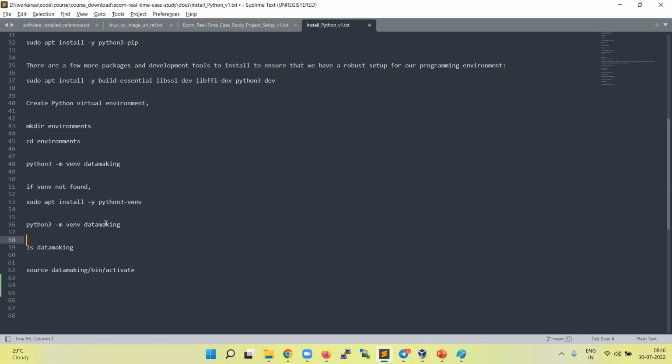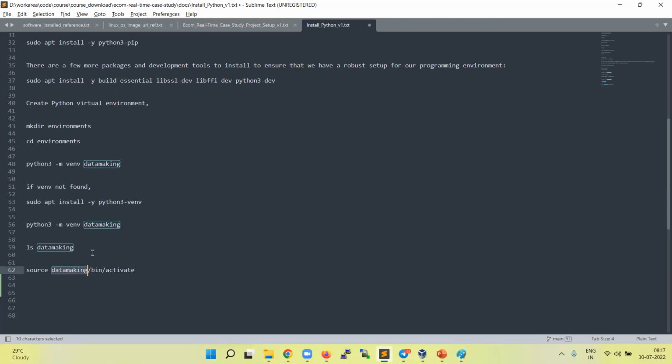And how do you create a Python virtual environment? python3 -m venv. Using this package only we are creating it. The name of my Python virtual environment is DataMaking here. You can have whatever name you want, but when you activate it, just give the environment name.